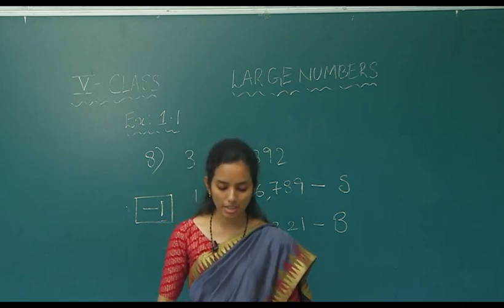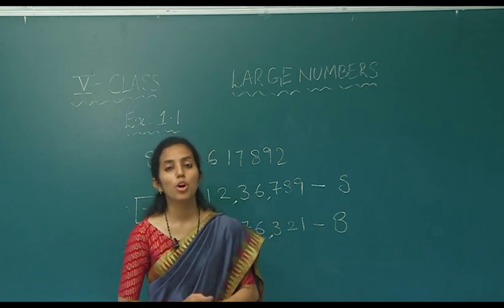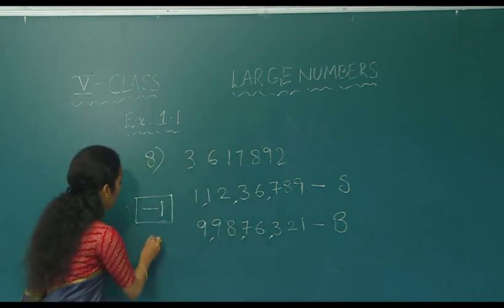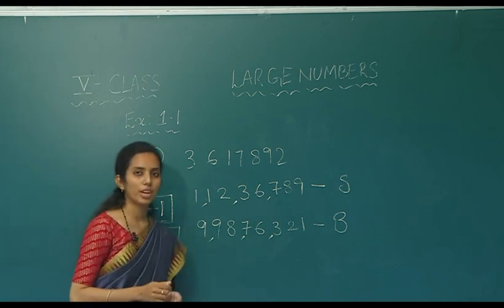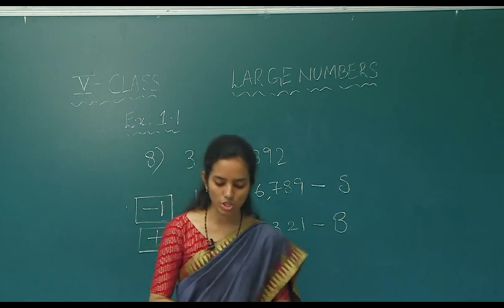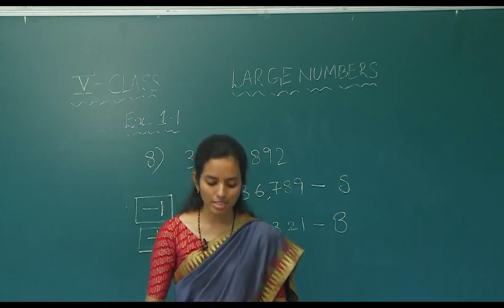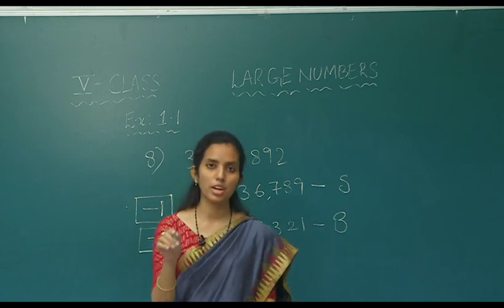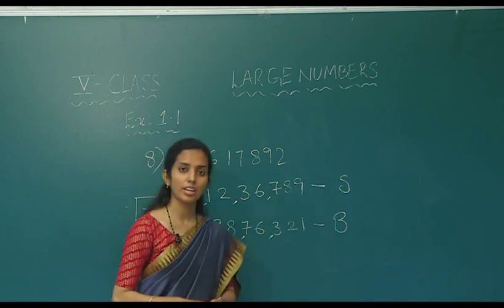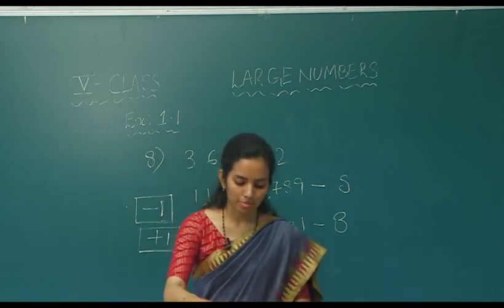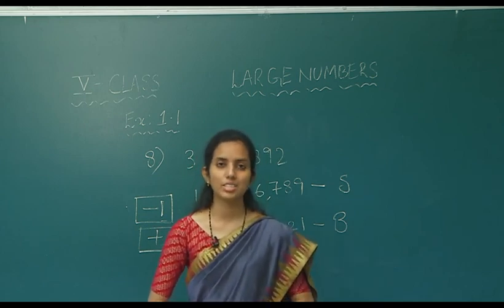And question number 10, write the after number. So, how will you find the after number? You have to add 1 to the given number and you will get the after number. In this question also he has given us 4 parts. Those are very simple, just add plus 1 in the ones place, that is on the right side of the given number. So, with this part we have completed this exercise.